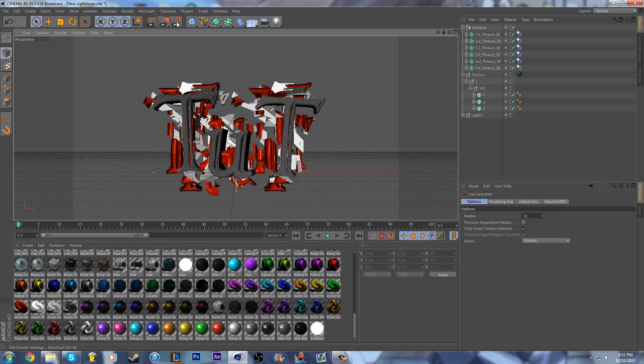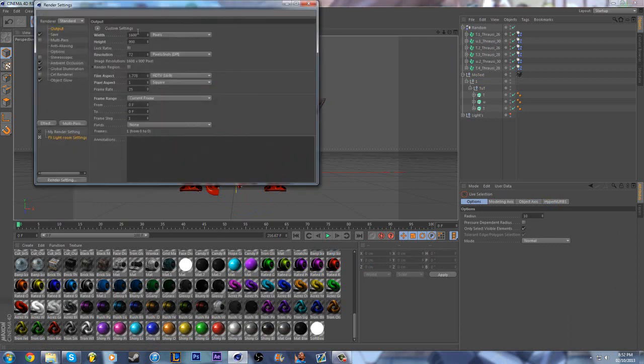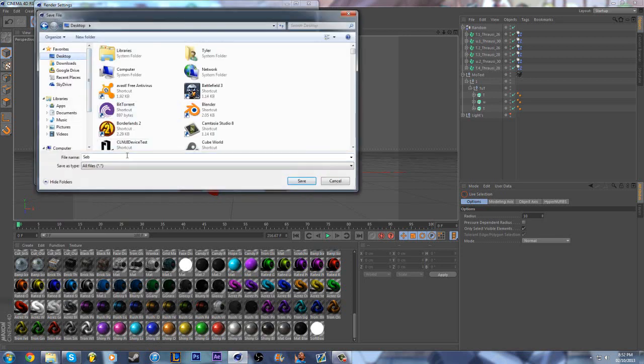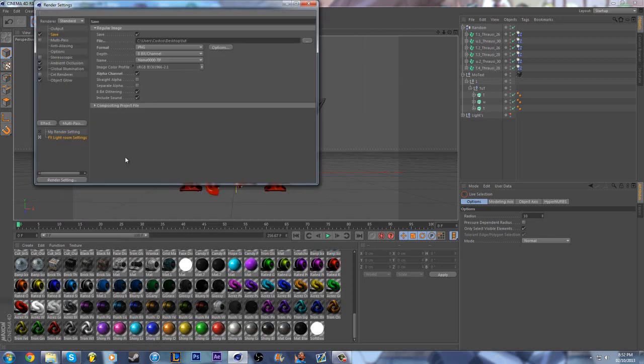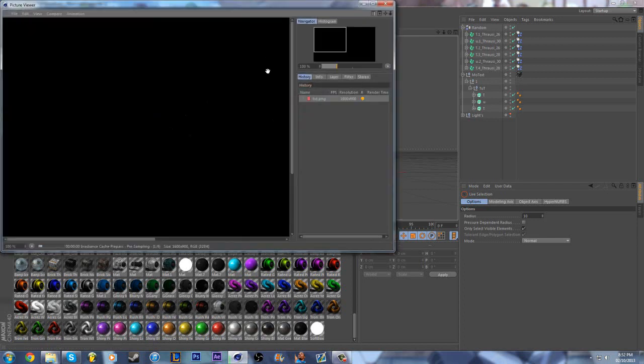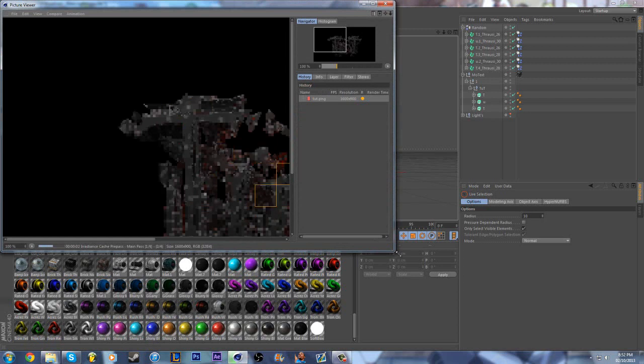Now you're going to click on this little render setting button here. Make sure you have your width 1600 by 900 pixels, and that's good for there. Then you're going to go to save, and make sure you have alpha channel selected and in format PNG, otherwise alpha channel won't work. And you can just save it. I'm going to put it on my desktop and call it tut, and good. Now you can just close it and click this render button here, not the one with the screen, the full render, and that's going to fully render out your